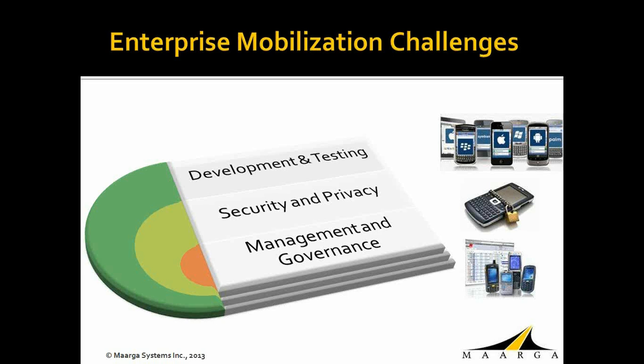But enterprises face a wide range of challenges when it comes to mobilization. IBM's Tech Trends for 2011 reports that within the enterprise, the top concerns are security and privacy, the cost of developing multiple mobile platforms, applications for multiple mobile platforms, and integrating cloud services to these mobile devices. Enterprises are grappling with mastering development, integration, and management of these devices, and to deliver apps to end users in